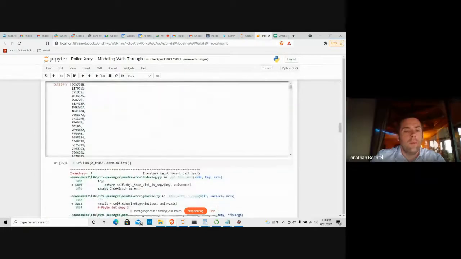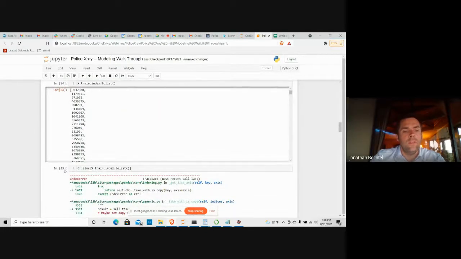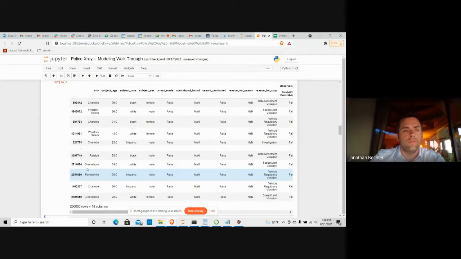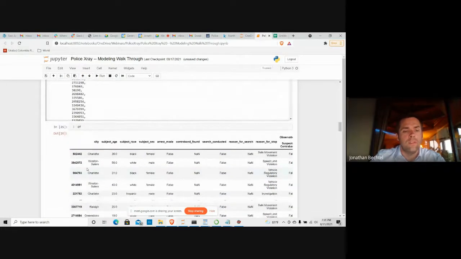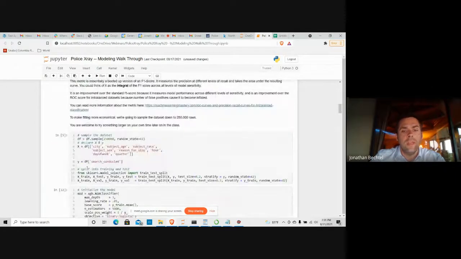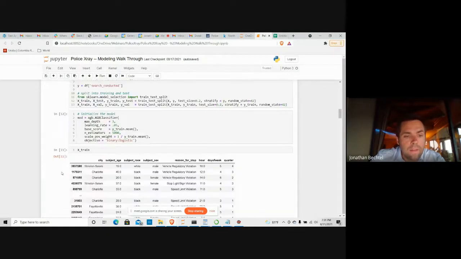Yeah, you're probably right about that. One thing that's a little struggling with me is all these index positions should actually be inside DF. So it's a little bit of a curiosity to me, because X_train is basically coming from DF. So why exactly